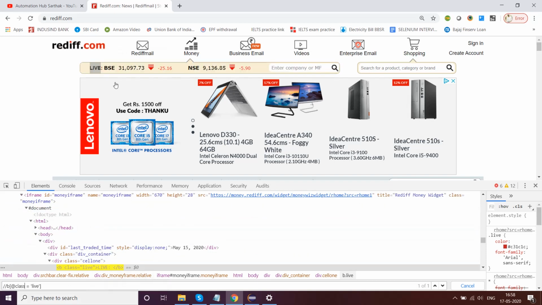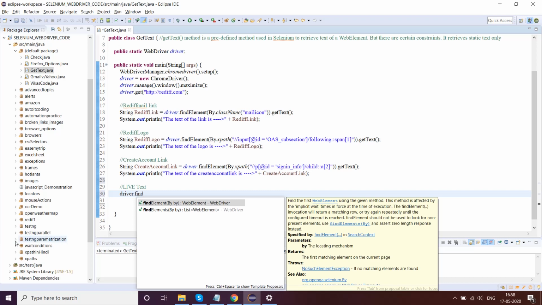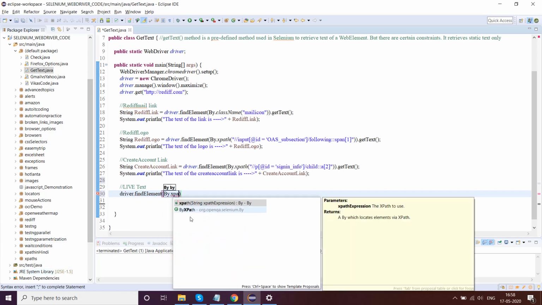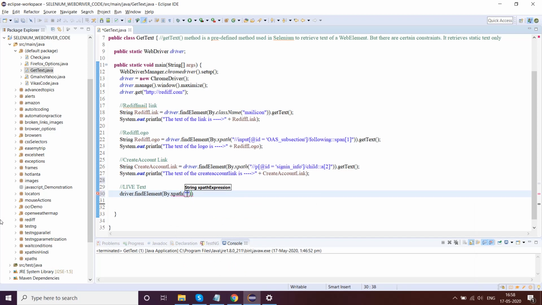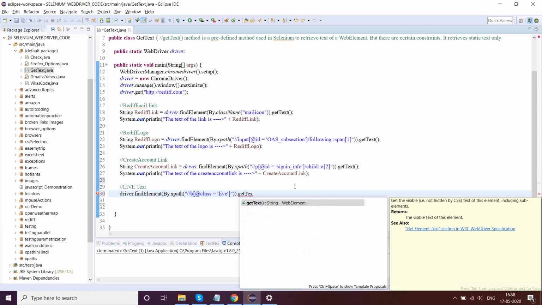Yes, it works, 1 of 1. So we'll go ahead with this XPath. Driver.findElement(By.xpath), dot getText.